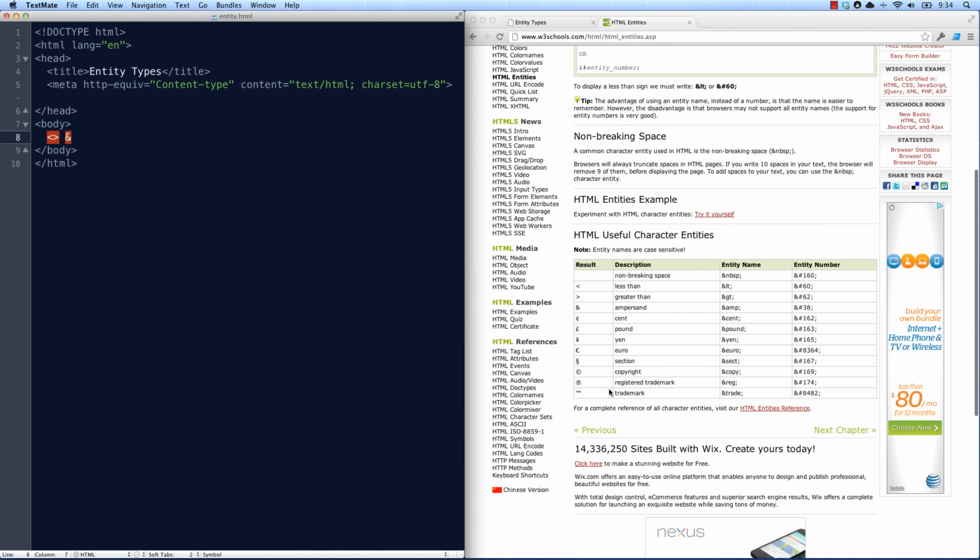So if we take a look at this chart down here, you can see some very common HTML entities. The most common here are the less than and greater than signs, the ampersand, and then the copyright and registered trademark. So we would represent these just by typing the code you see here. So you can use this entity name, copy it in,